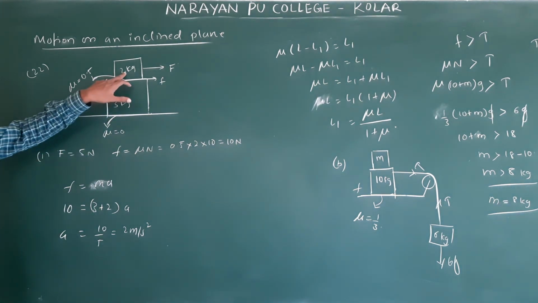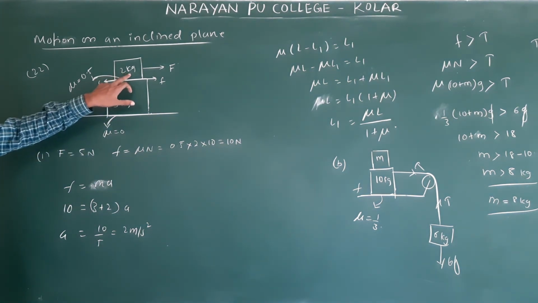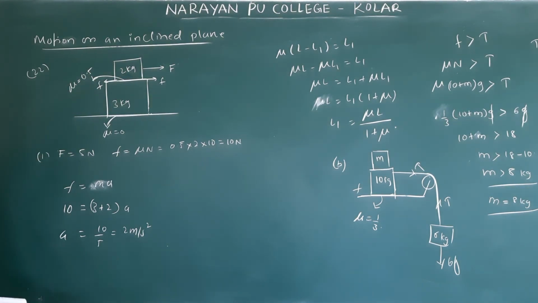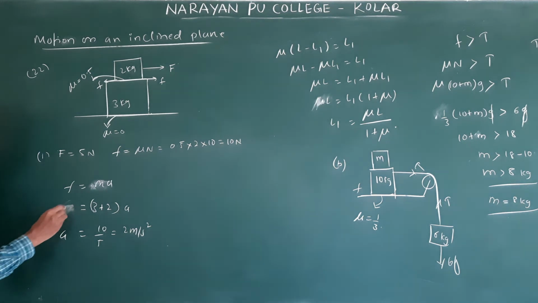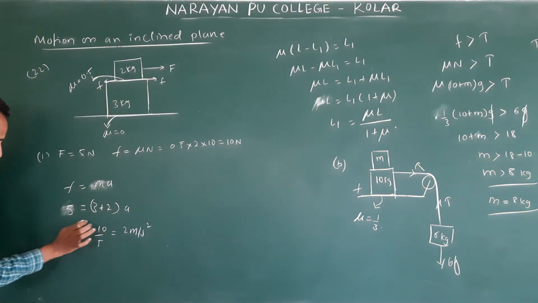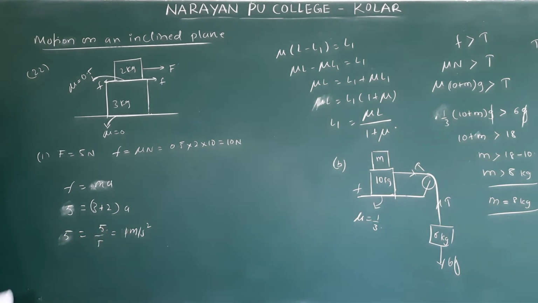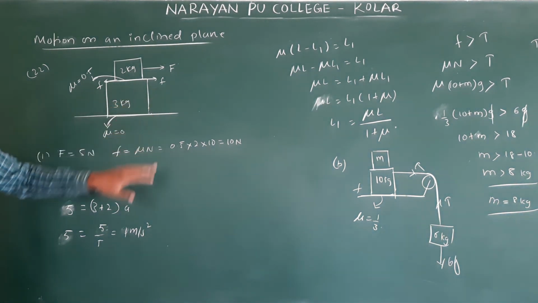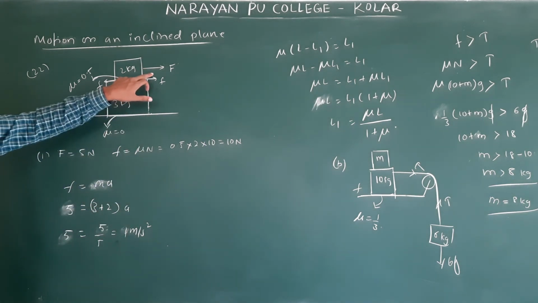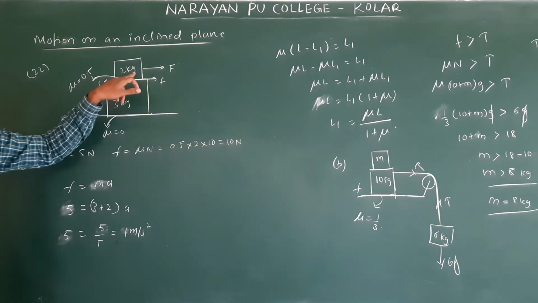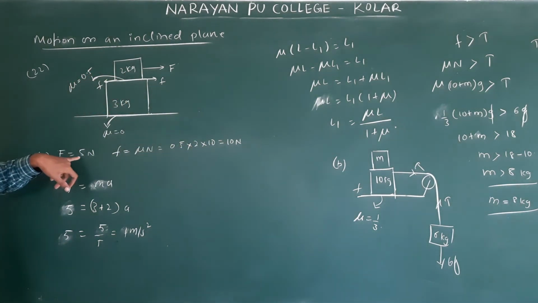The upper block will not move because the friction is dominating. The applied force is 5 newtons. Clear? So here it is not 10 newtons, it is 5 newtons. Only 5 newtons is being applied. Friction is self-adjusting, so it will be 5. So 5 by 5 is 1 meter per second square. Don't substitute 10, or we will get a wrong answer. We are applying a force of 5 newtons, but the maximum friction is 10 newtons. So friction adjusts to 5 newtons only.